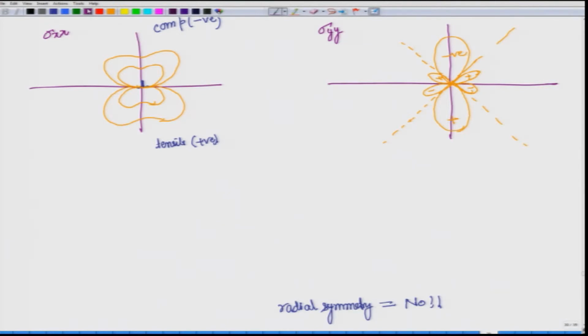So, we have drawn x x, we have drawn y y, now let us get to the other one, which is x y. Now, x y again is not easy to predict based on simple geometry, but using the relation that is given to you, you would see that it comes out similar to y y. Even looking at the relations of y y and x y, you would see that the relation is the same, except x and y get interchanged, and therefore, just looking at the relation, you would be able to say that y y and x y would be rotated by 90 degrees, and therefore, you will have a plot like this.